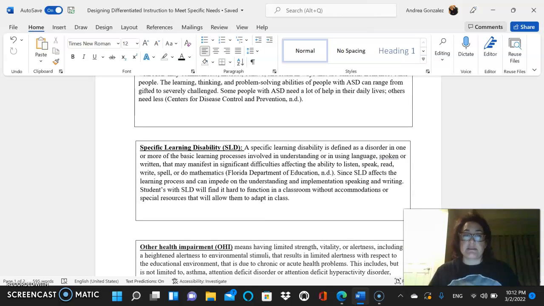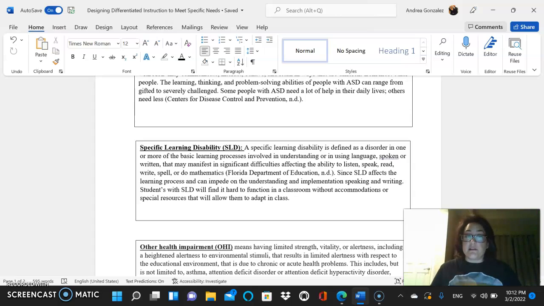My third one is specific learning disability, and this is defined as a disorder in which more of the basic learning process, it's a processing disorder that affects the student's ability to speak or write, and may manifest itself when a student is trying to learn how to read, write, or communicate.